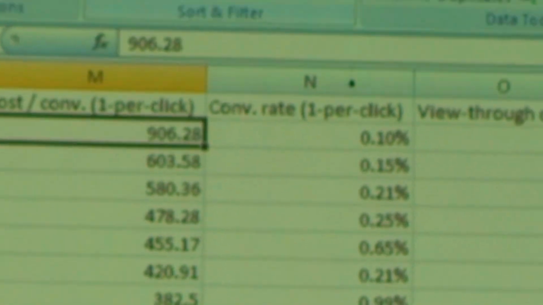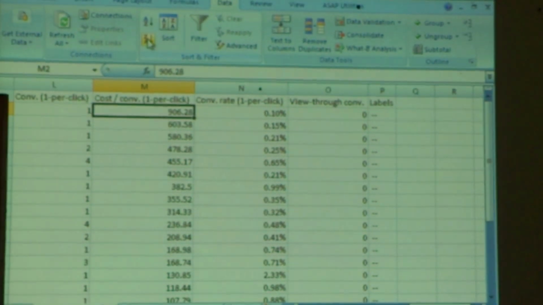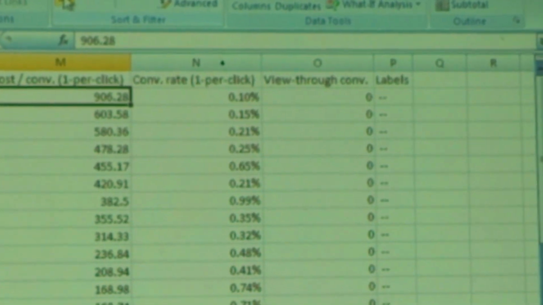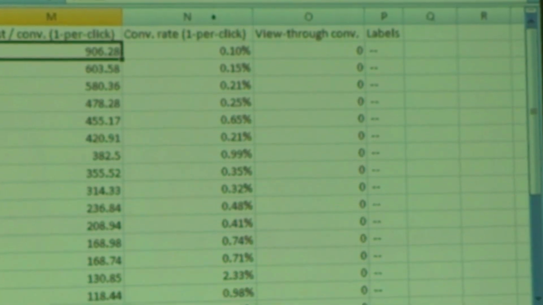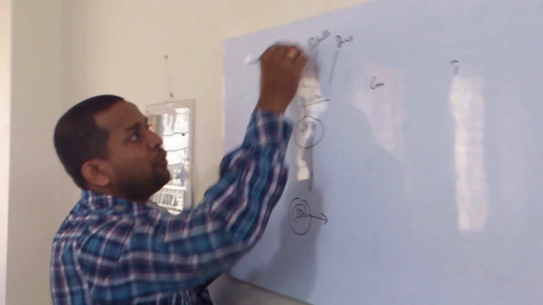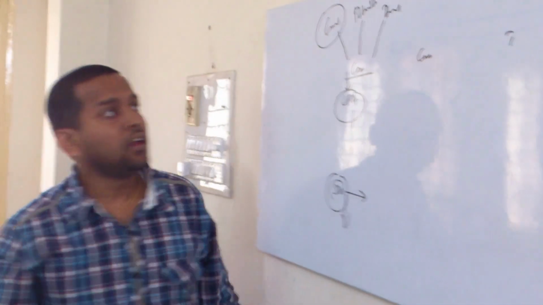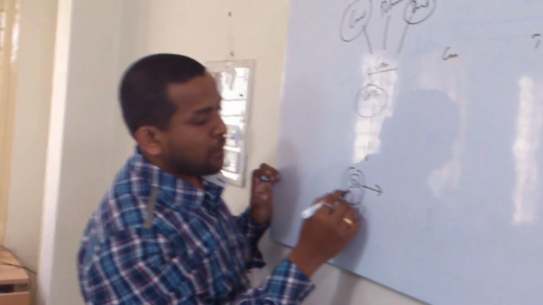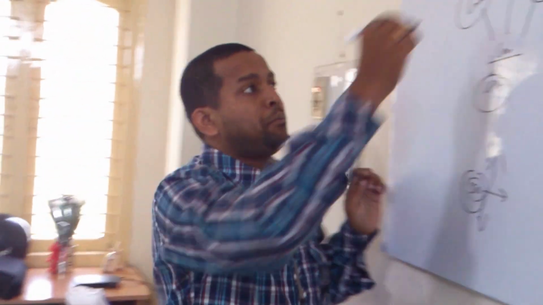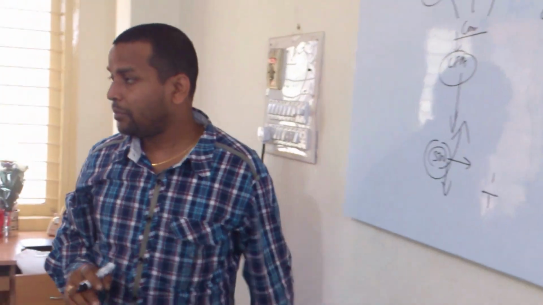Now the client has told, I want a CPA of 500, but what is the first CPA here? 900. So what you have to see after you have decided. Now every sheet has something called good, bad and potential. What is good over here? All those keywords which fall below this targeted CPA. Bad is all which falls above this targeted CPA. And potential are those which are very close, a little bit above or a little bit below the targeted CPA.